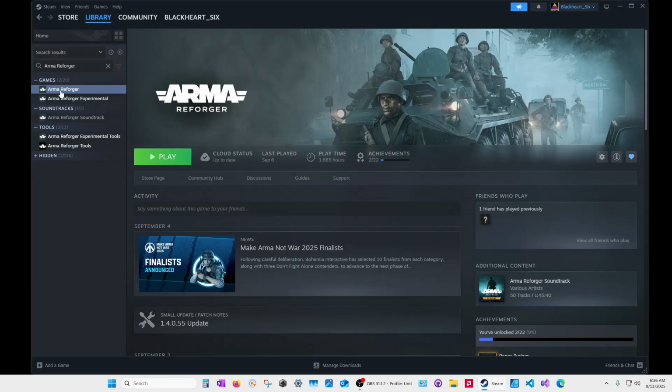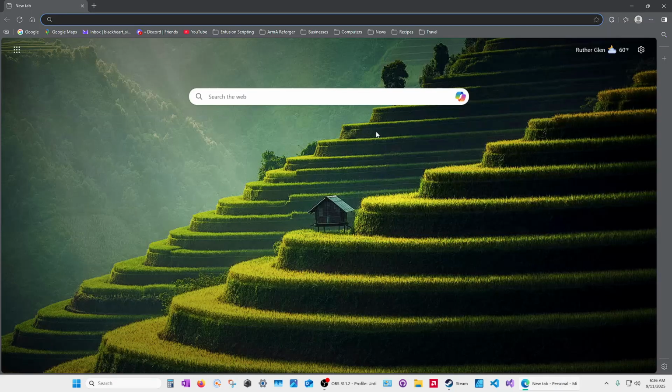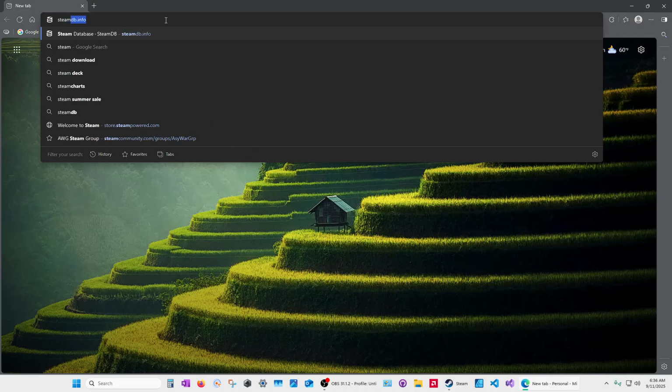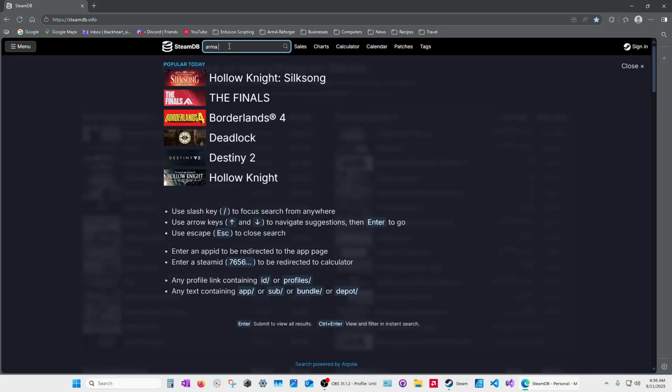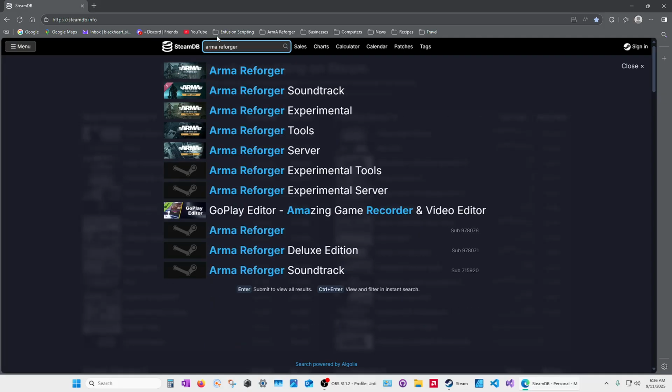So you have Arma Reforger, and you have this software package called Arma Reforger Tools. Now, Tools is not in the game section, so if you're having trouble finding it, you have to look in Software and Tools to find it, and you should be able to find it inside Steam. Even if you cannot find it in Steam, there is another alternative method to finding software in Steam, and you go to steamdb.info. Okay, and then of course if you type in the search for Arma Reforger, you're going to find all